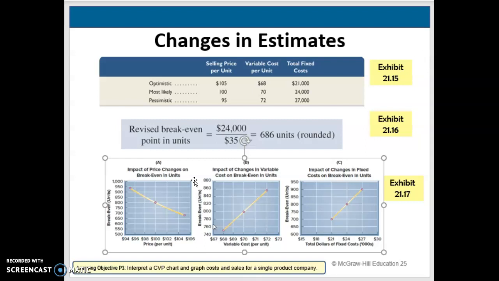If our competition reduces selling prices and the company cannot reduce our costs, the break-even is going to increase. Increases in either variable or fixed cost, if it can't be passed on to the customers by creating a higher selling price, then we could end up in a loss situation. But that's what we're trying to do, is pass that